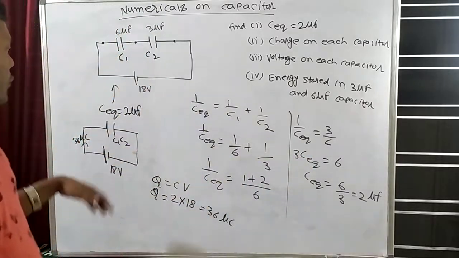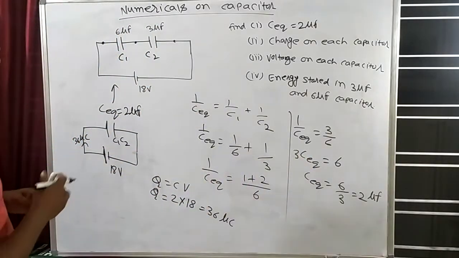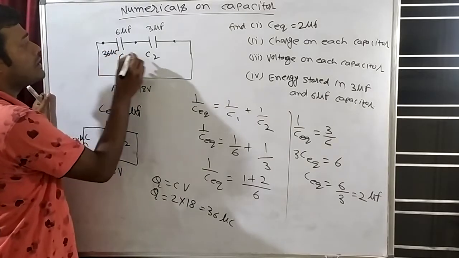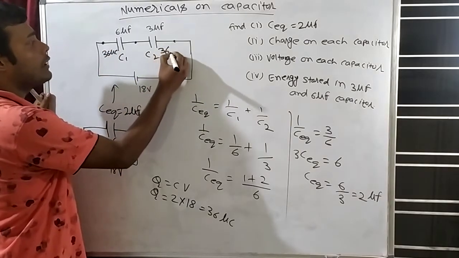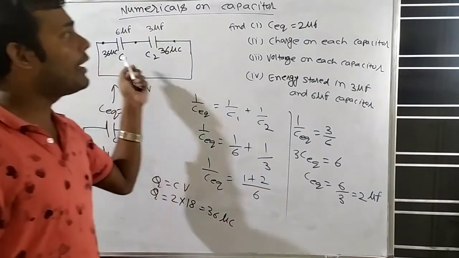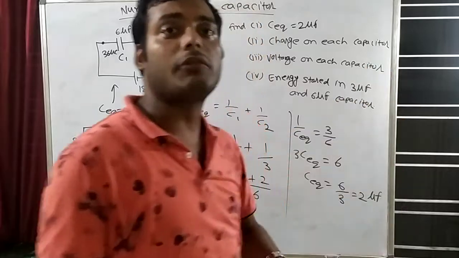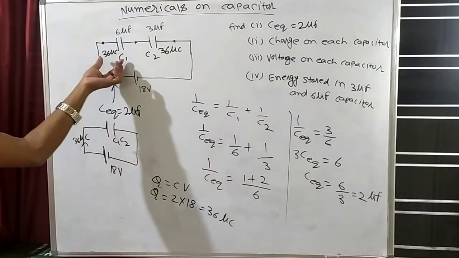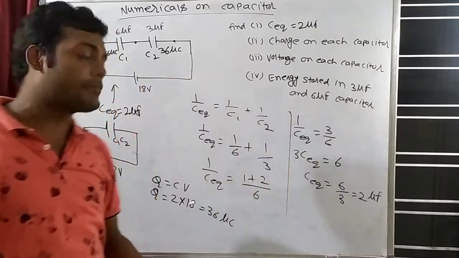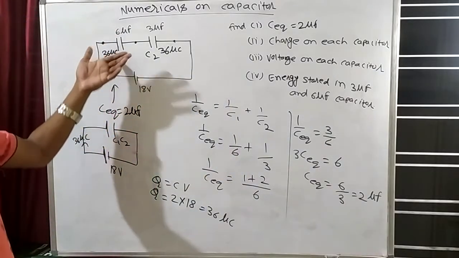That will be same. So suppose here is 36 microcoulomb, so here will also be how much? 36 microcoulomb, because charge will be equally distributed. And here also how much? 36 microcoulomb. So we have calculated the charge on each capacitor: 36 microcoulomb on the first capacitor and 36 microcoulomb on the second capacitor, because this charge will be equally distributed,